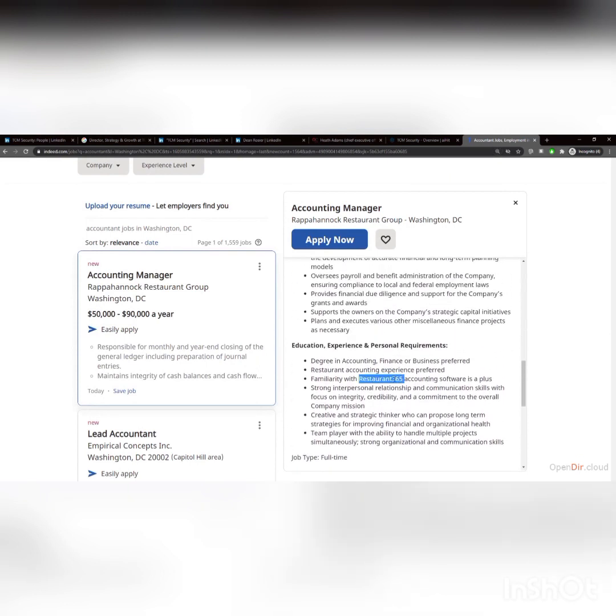So if you're doing reconnaissance on an organization, you're trying to find out what software they use or what they might use internally, and you're trying to prepare some sort of detail. Like if I wanted to maybe social engineer this company, I might revolve this around Restaurant 365. I might do some more information gathering on this software and see how it works.